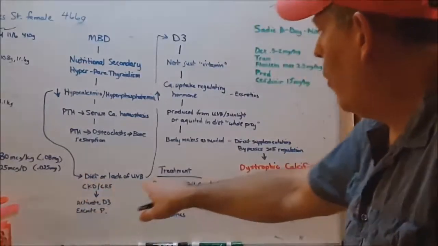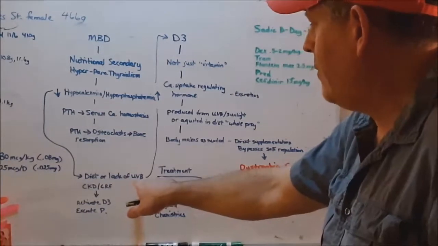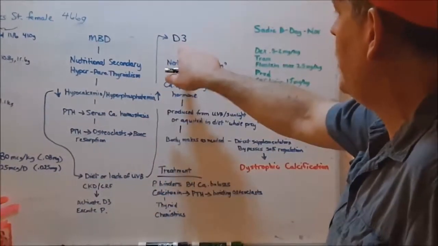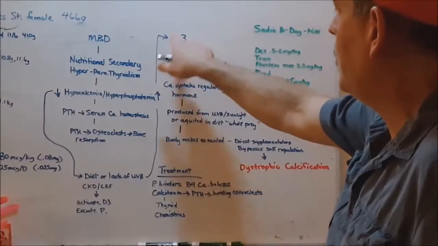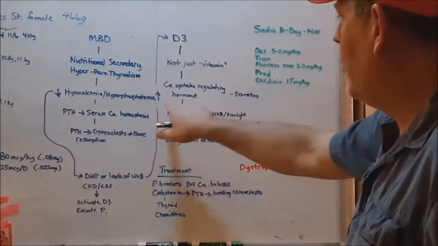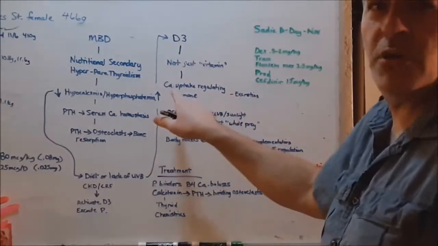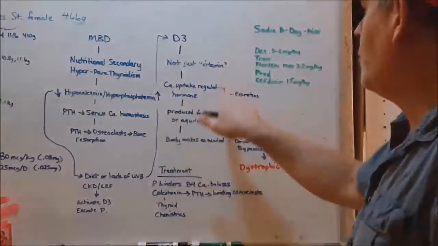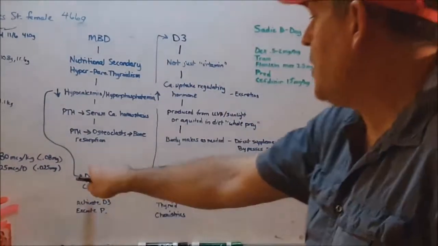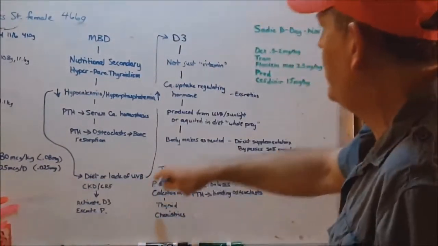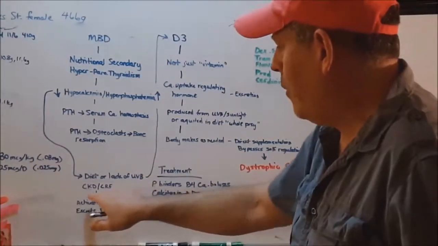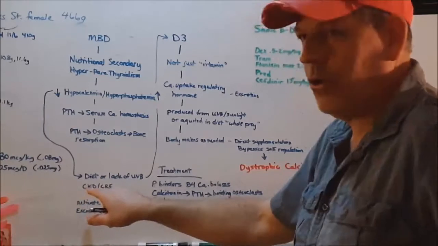Poor diet or a lack of ultraviolet lighting can lead to all that, because lack of ultraviolet lighting will lead to a lack of enough vitamin D3. A lack of enough vitamin D3 will lead to not enough calcium being absorbed in the intestines. Another possible cause, besides dietary issues or lack of UVB lighting, which causes the lack of vitamin D3, is chronic